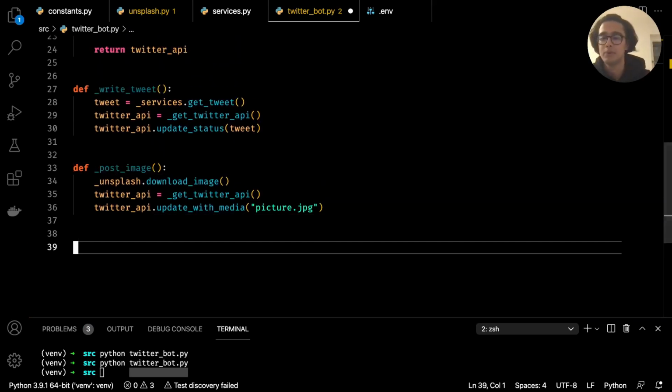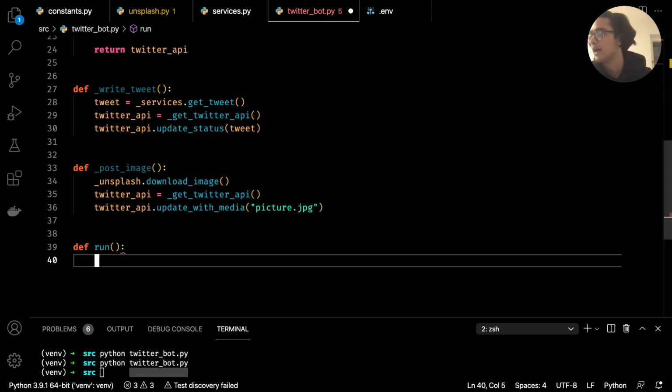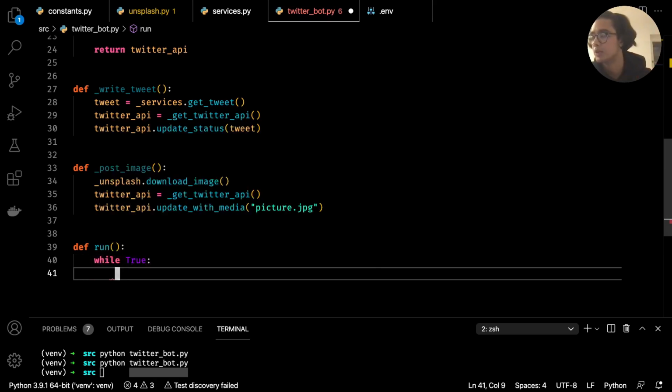So again, very simple. But we can now go ahead and create a function which, as we will be deploying this, we want to keep running and running. We can create a function called run. And actually, let's leave the underscore here. This is kind of like our main function. And then inside run, we can say while True. So this will be just a continuous loop. We don't want it to stop. And then we can call the write tweet